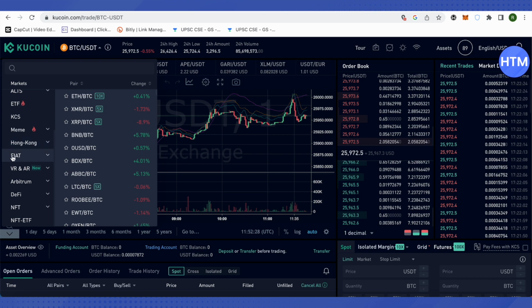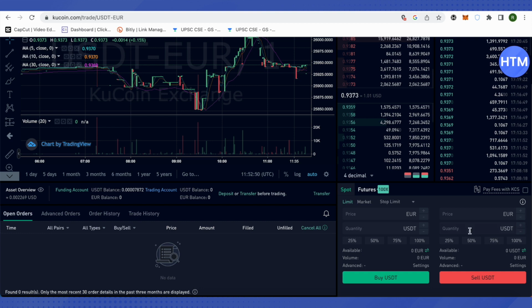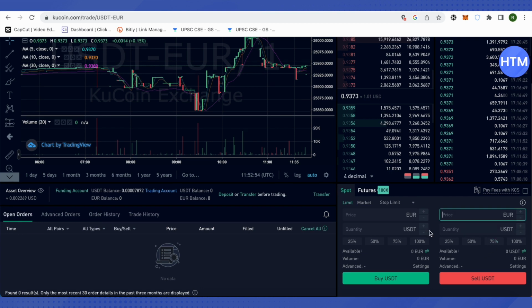of fiat over here. Just click on it, then I will select the currency of my country. Suppose I want to get the euro in my bank account, so I will just select this pair of USDT for euro, and after that I will just scroll down, and over here I will be able to sell USDT. For that I will just type the price of euro and quantity of USDT, and as soon as I click